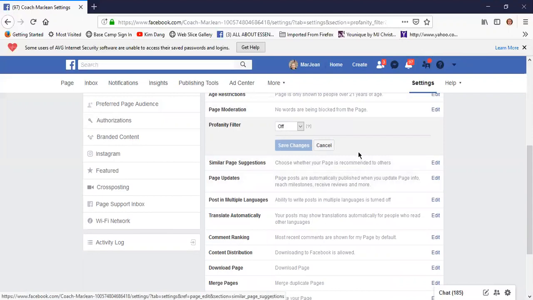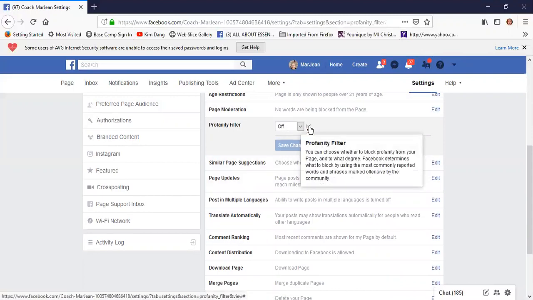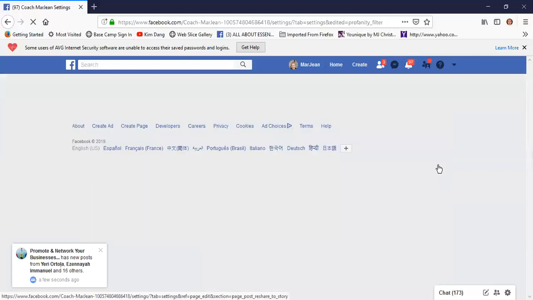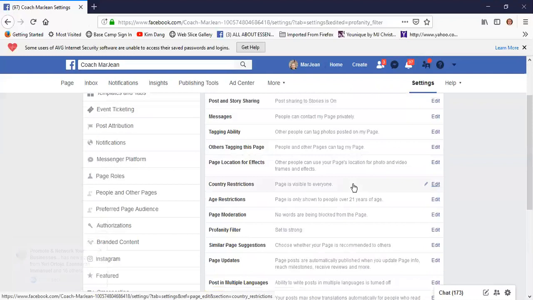The profanity filter is off. And here you can choose whether to block profanity from your page and to what degree. Facebook determines what to block by using the most commonly reported words and phrases. And I am going to turn this on because I don't want any profanity of any kind on my fan page. Okay. Next, we've got